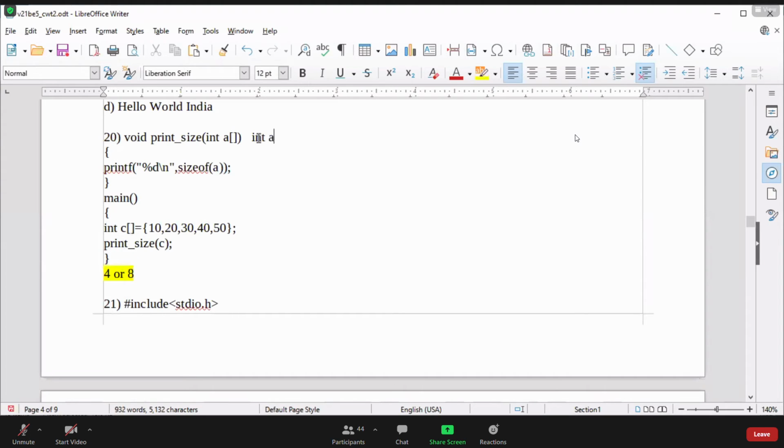So int star A, that is the correct way. Either we catch with the help of array type or with the help of pointer type, internally it behaves as a pointer only. And here we are trying to find the size of a pointer. The size of a pointer is 4 bytes for 32-bit or 8 bytes for 64-bit. So that's why 4 or 8. I hope you are able to understand.